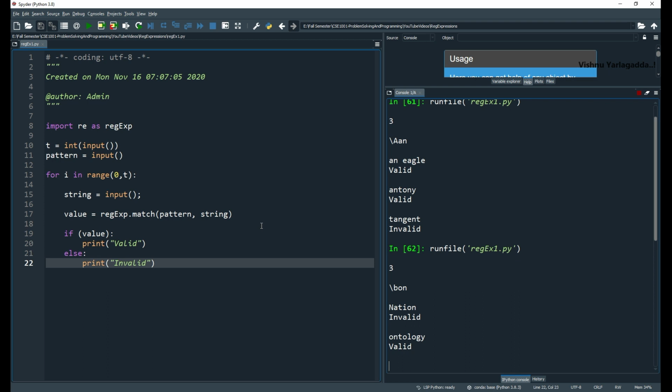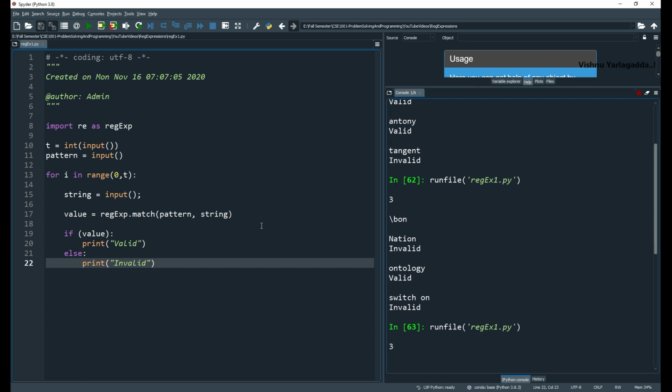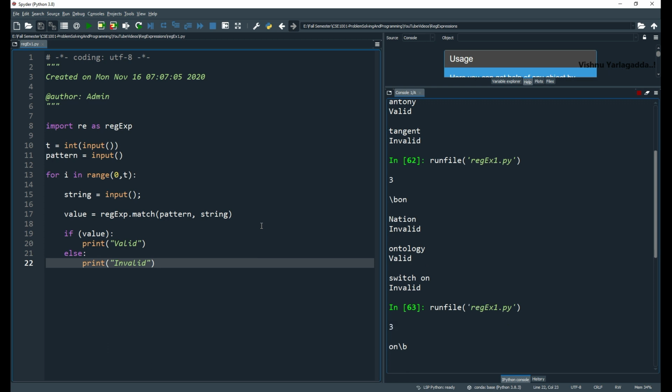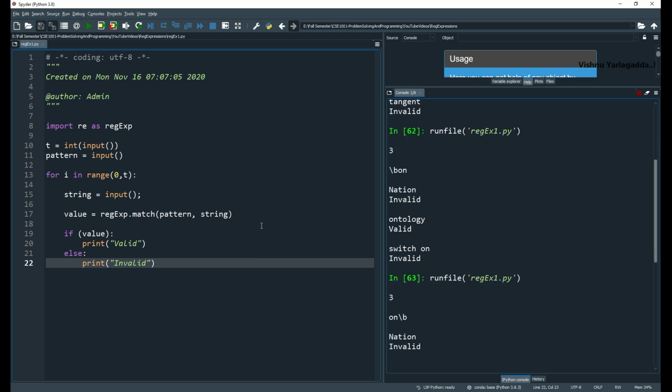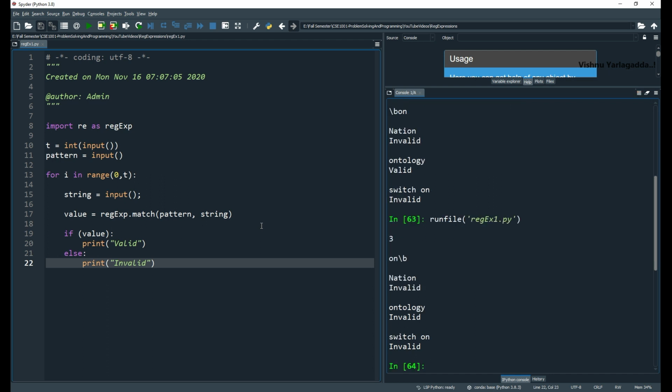Ontology is valid, nation is invalid, and similarly switch on is also invalid. Now run the file, three test cases. If I give on\b, then what will happen here? Nation is invalid, ontology is invalid, switch on is also invalid.